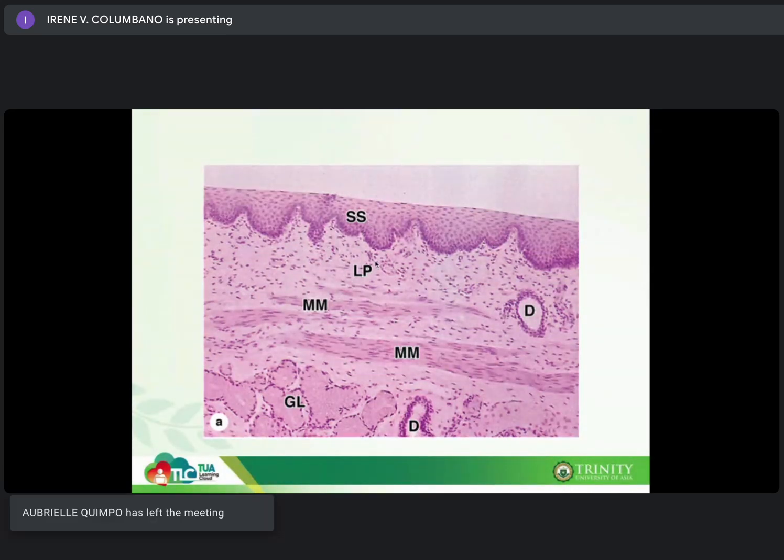And beneath the epithelial layer, we can see the lamina propria, and underneath the lamina propria is the muscularis mucosae. So look at the ducts, emptied sila because dito naman napupunta